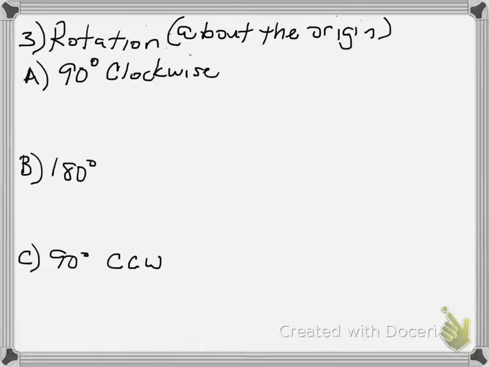Okay, remember how I said rotation is probably the toughest transformation to get down? Well, first of all, we're only talking about rotations of 90 degrees clockwise, 180 degrees, and 90 degrees counterclockwise about the origin. That means we're just spinning around the origin of the coordinate plane. The algebraic way of writing down a rotation transformation might be easier for some people. I'm not saying for everybody, but if we take every point (x, y), and in this case we're just talking about the vertices of the figures, and rotate it 90 degrees